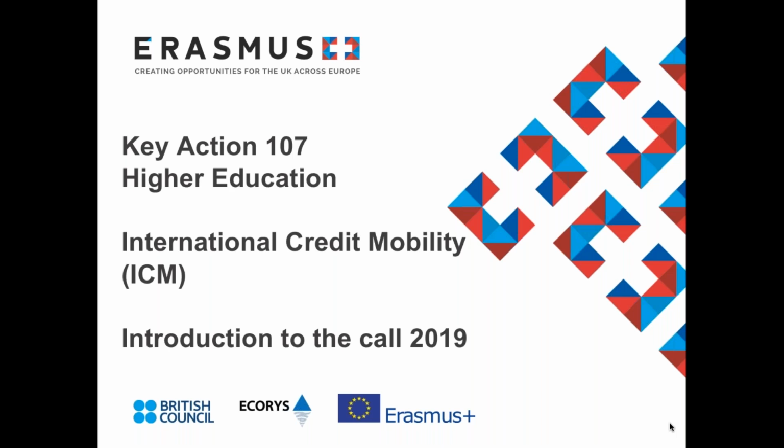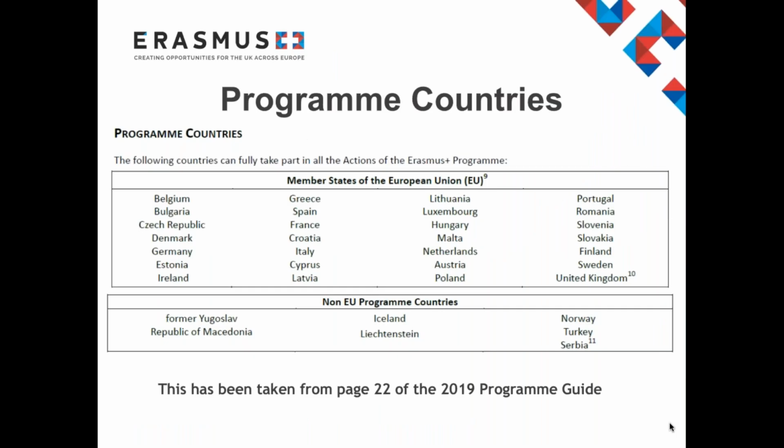So I want to look at the difference between programme and partner countries. Under Erasmus Plus, a programme country is a country within Europe that can apply for funding under Erasmus Plus to their home national agency. Any of the countries shown here are able to apply for funding under Erasmus Plus, including ICM. To apply for funding, higher education institutions from programme countries will need to hold the Erasmus Charter of Higher Education, also known as ECHE. For mobility between programme and partner countries, only organisations from programme countries can apply and administer the payments for inbound and outbound mobility.